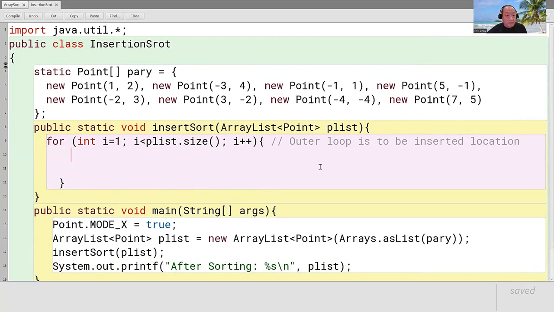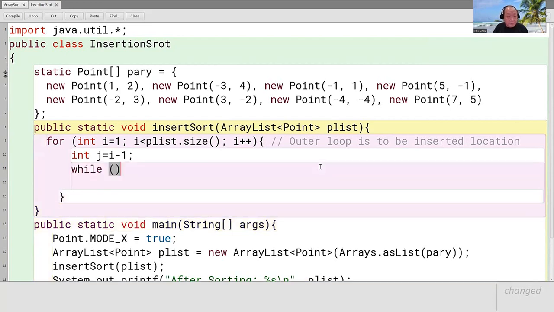You will start to compare from j. So integer j will be equal to i minus 1, the one before. While j is greater than or equal to 0, while j still has data,